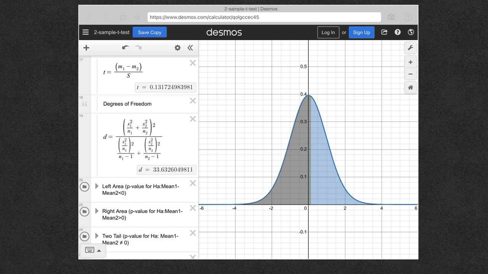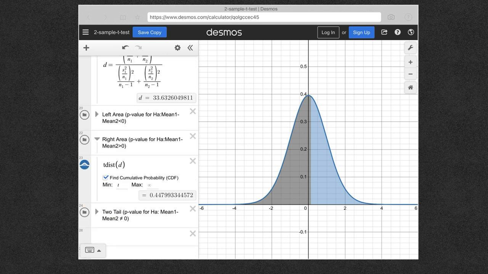This is the right tail test, and so we would have to open the correct tab here, and it is the right tail that we want. And notice that the p-value is 0.448, and also that is close to what we got earlier,